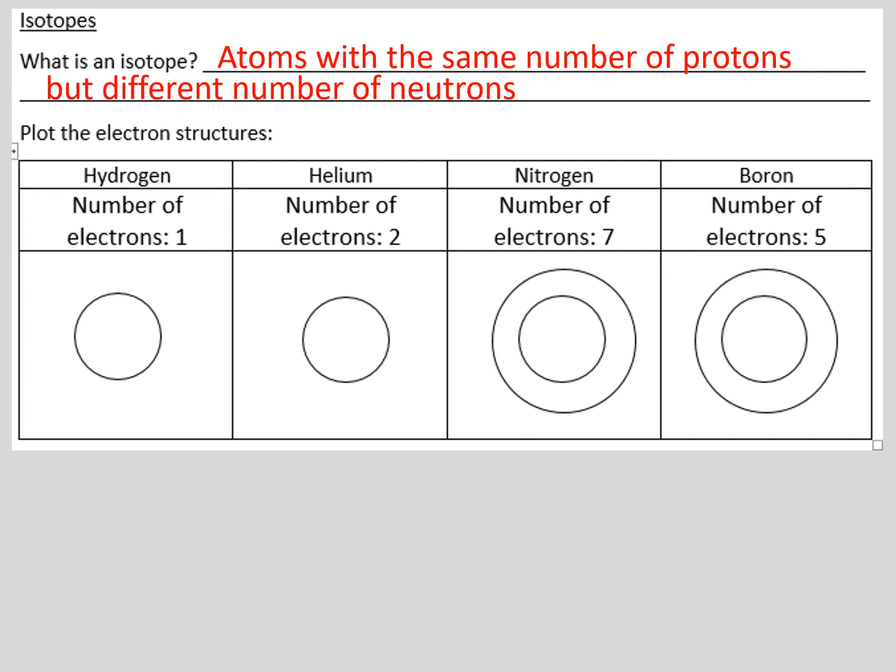And then finally, plot these electron structures. Hydrogen's got 1 electron, so I just plot 1x. Helium's got 2 electrons, so I put 2 x's. Nitrogen's got 7, so I'll put 2 on the first shell, and then I'm counting. So 1, 2 on the first shell, 3, 4, 5, 6, 7, so 5 on the outer shell. And boron, 1, 2 on the first shell, 3, 4, 5. So you can count up as you go. So 5 electrons, 2 on the first shell, 3 on the next shell. And then you can write the numbers 2, 5, 2,